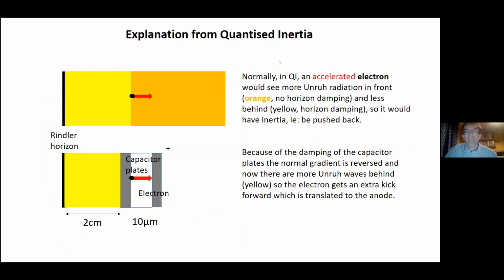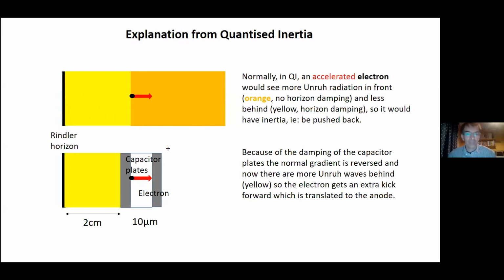So to try and explain what's going on in terms of quantized inertia, the schematic tries to do that. Normally in quantized inertia, an accelerated electron, which is shown by the black dot in the upper picture, would see more Unruh waves in front of it. I've shown that with a warm orange color, and less behind it, because the Unruh waves would be damped behind it by this horizon shown by the black vertical line. So it would tend to be pushed back by the orange in front against its acceleration, and it would feel